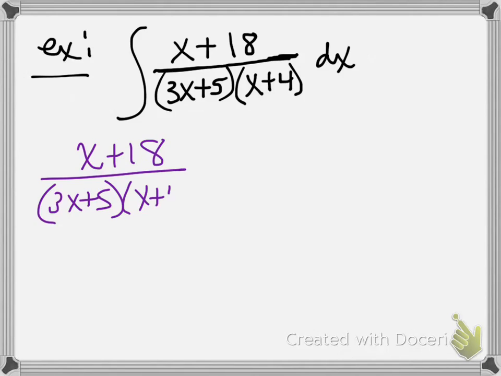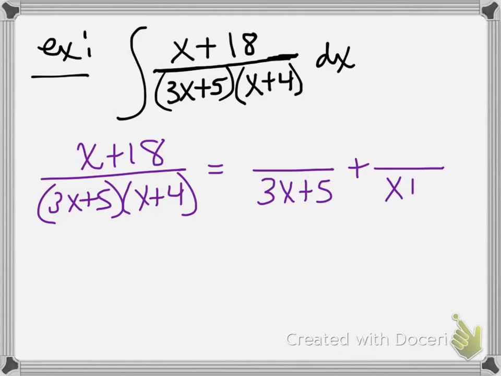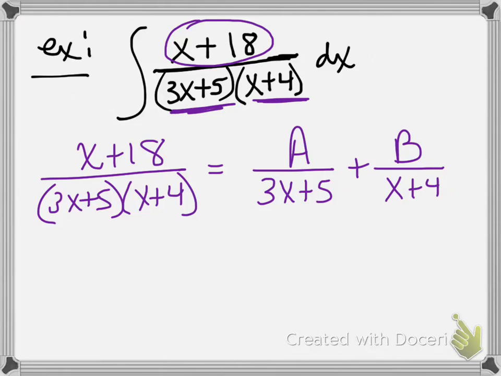times x plus 4, and we're going to split this into two parts. We're going to have one fraction with the denominator 3x plus 5 and one fraction with the denominator x plus 4, and we're going to put an a and we're going to put a b. So the process of partial fractions is figuring out if we were able to separate this to where one part goes with this denominator and one part goes with this denominator, then we would be able to do a lot more with it. So I call this a complex fraction, and complex fractions don't easily separate until you go through